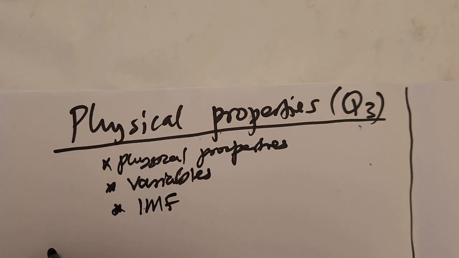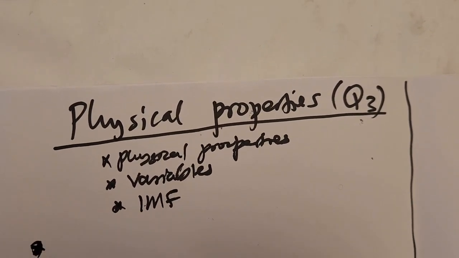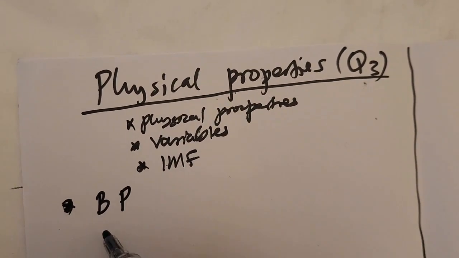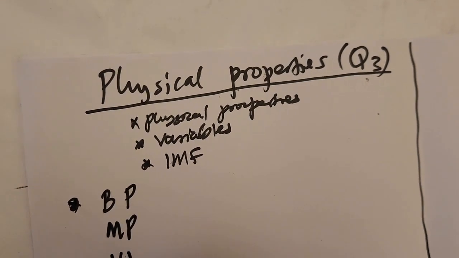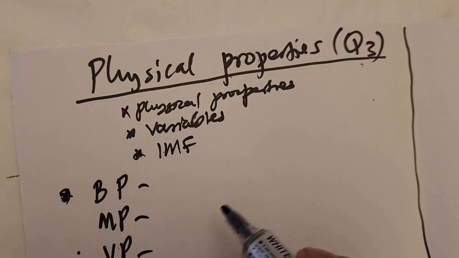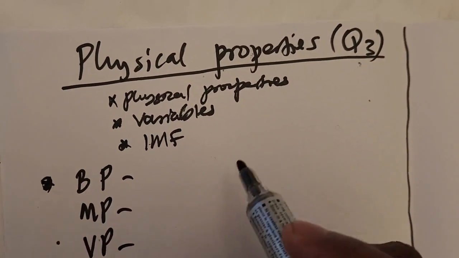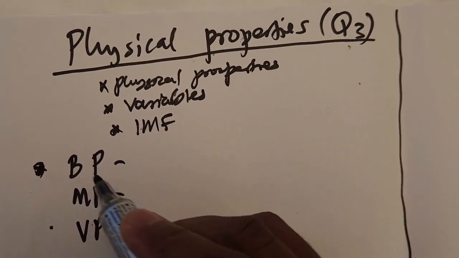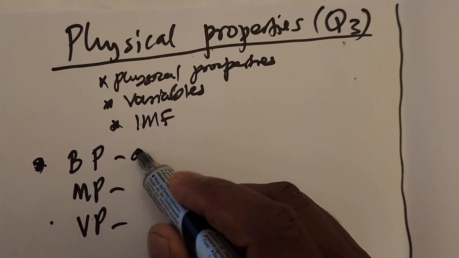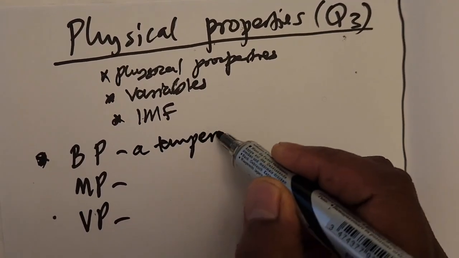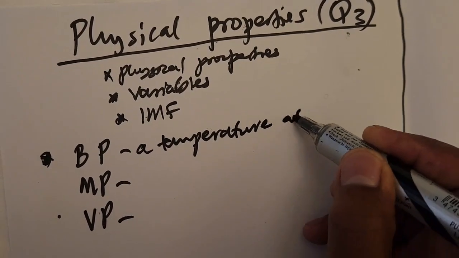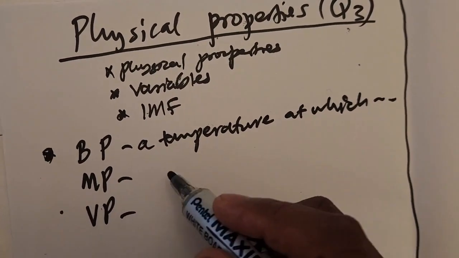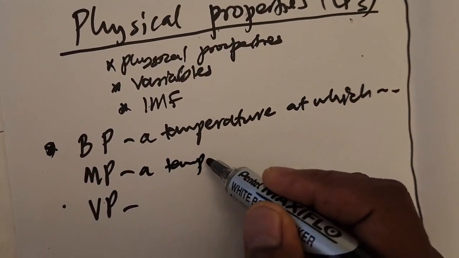Now, starting with this one, we know that we have got three physical properties, which are the boiling point, the melting point, and the vapor pressure. What's the difference between the three is that there are keywords which are putting the three into the right context. Please know that one, the right context. Now, boiling point is a temperature. I mean that when you define boiling point, you must tell us that it is a temperature at which, that's when now you can continue. Also, the melting point will be the same thing, to say a temperature